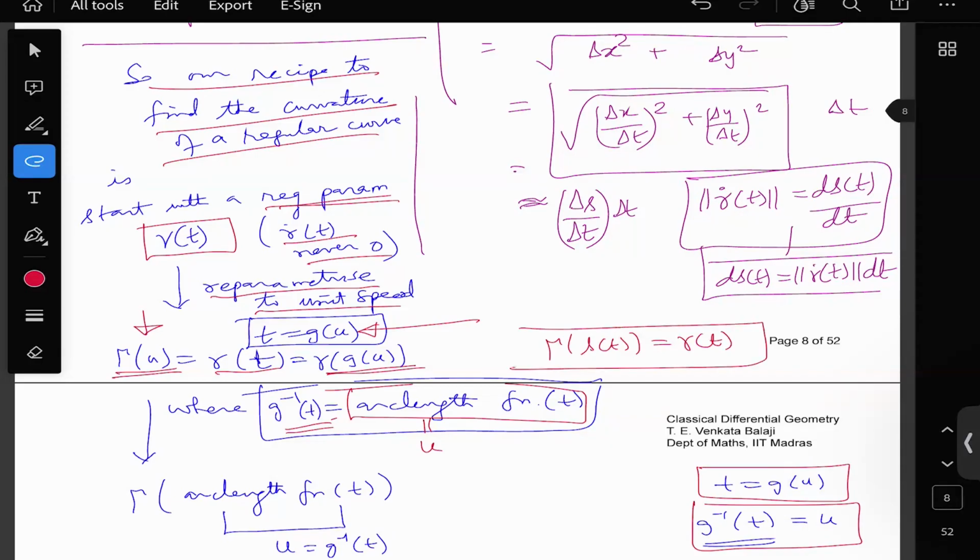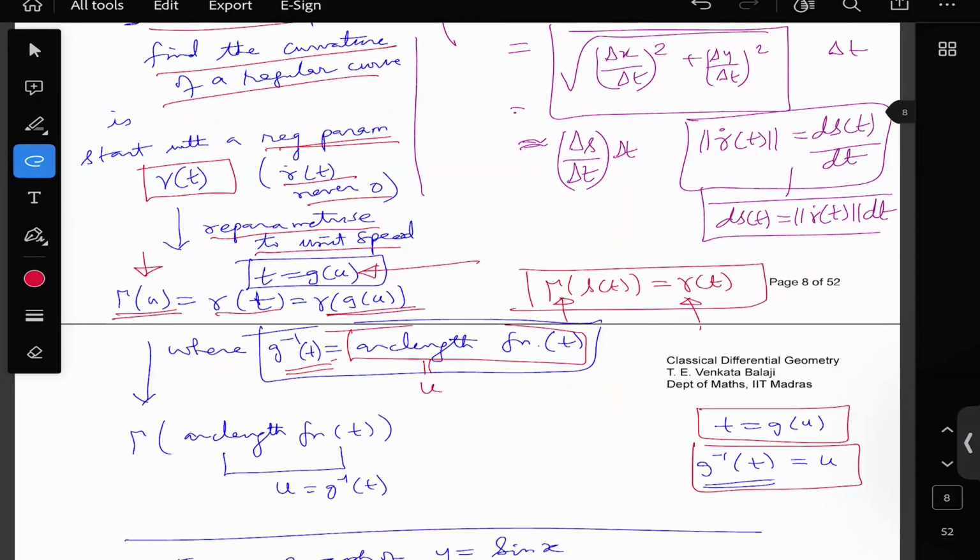This is the relationship between the original regular parameterization and the capital gamma, which is the new unit speed parameterization. And in fact I told you that this substitution, u is equal to G inverse of t, which is just s of t,